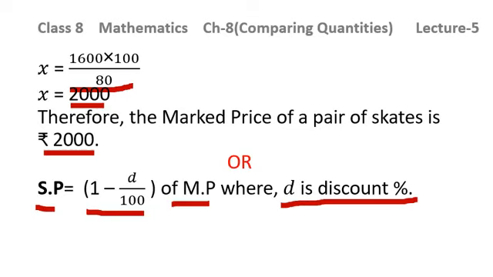Now in today's lecture, what have we learnt? First of all, we have revised the previous concepts. We have learnt about simple interest, compound interest, and what is the difference between simple interest and compound interest, and we have seen it with the help of two examples. One, I told you the example of simple interest, and the next example I have given you to calculate the compound interest. I hope using these two questions it will be clear to you what is the difference between simple interest and compound interest.